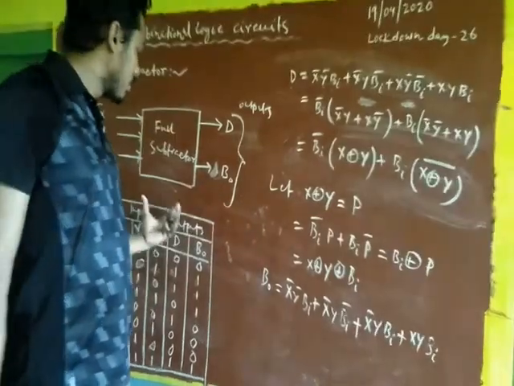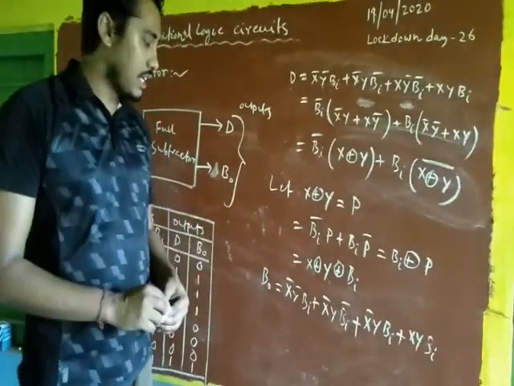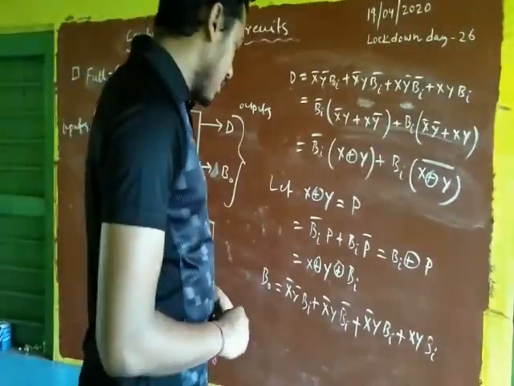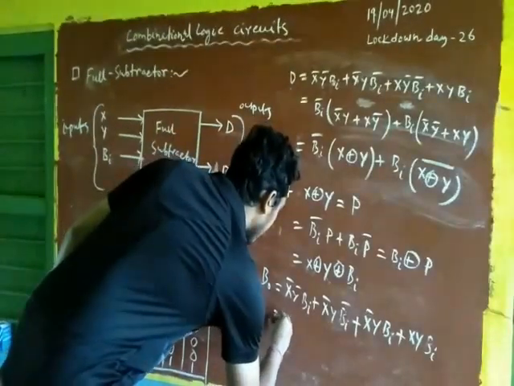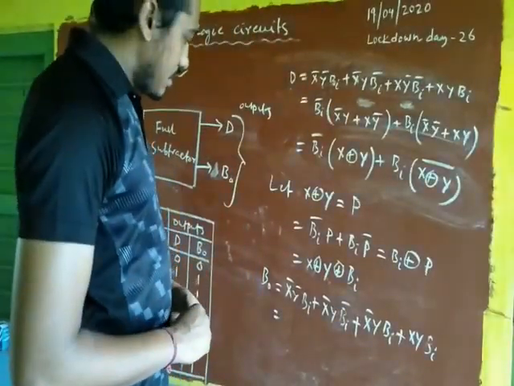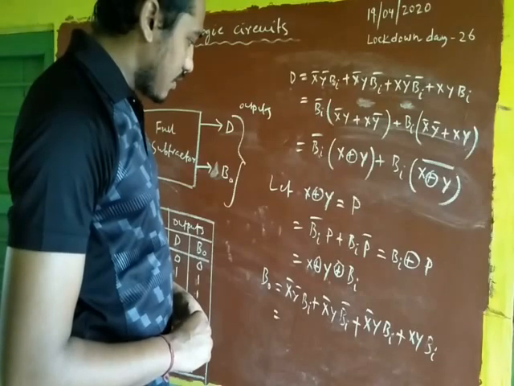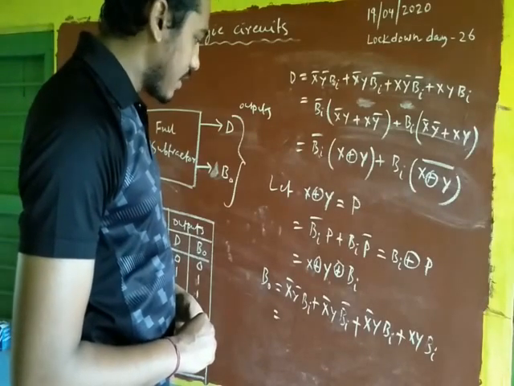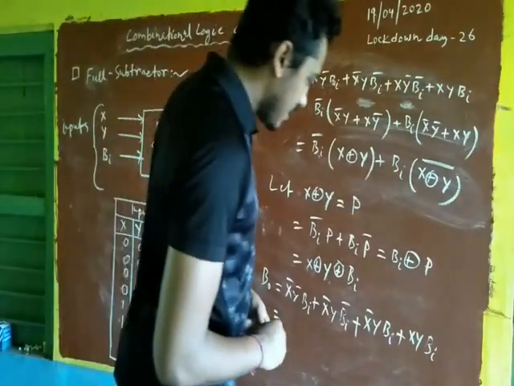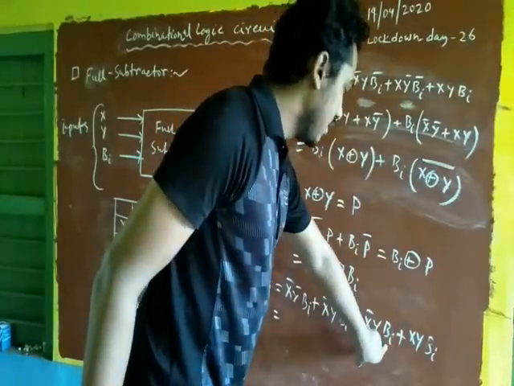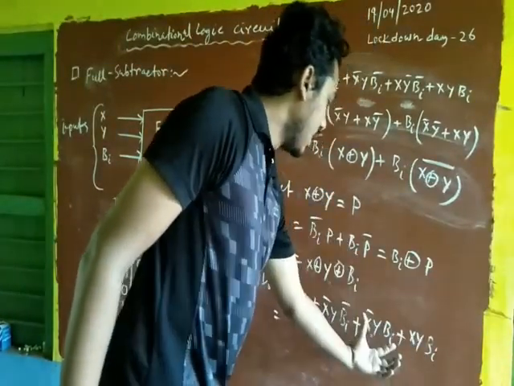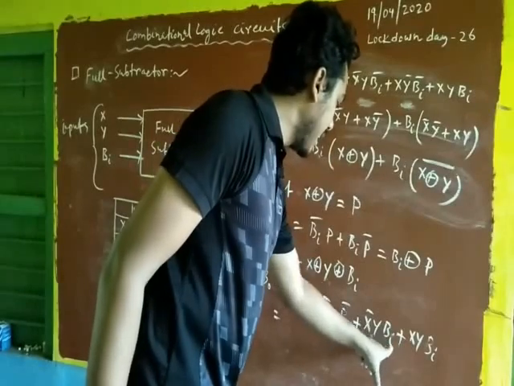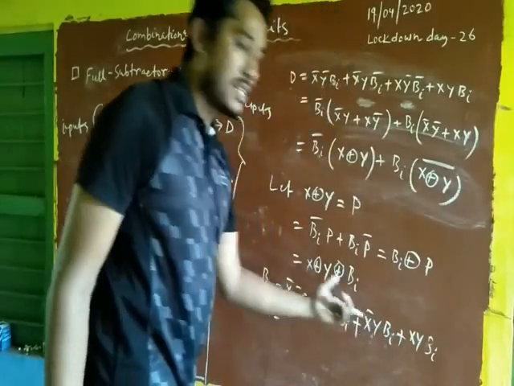Okay, we will try to solve using both the methods. So using Boolean laws and algebra, how to simplify this expression? Now you just think about it. Is there any possibility to take common for any variable? That is yes, y bi. So from the last two terms, if we take common y bi, what we will get? x bar plus x, and x bar plus x we know that is 1.